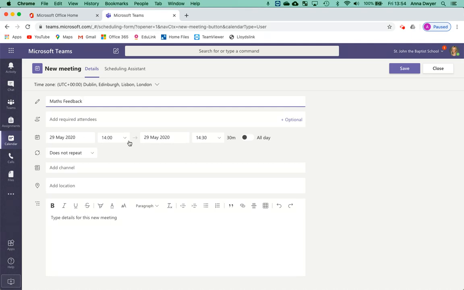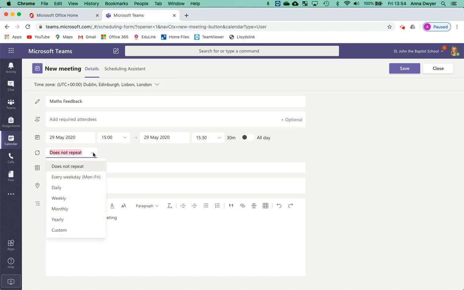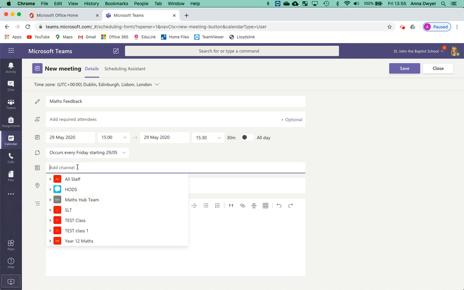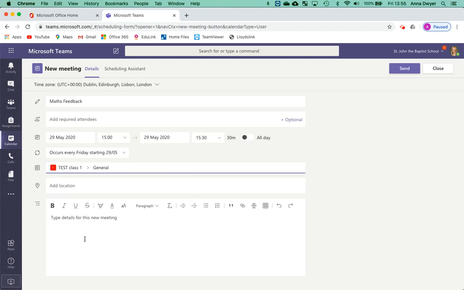So first of all, select your date and time that you want to schedule the meeting for. And if you want it to repeat every single week, then you can schedule that there and say that it is a weekly meeting at that time. Then to schedule it for the team, you're going to add a channel. Now, when you click on that, a drop-down menu will appear of all of the groups that you can schedule a meeting for. So I'm going to schedule this meeting for my test class,